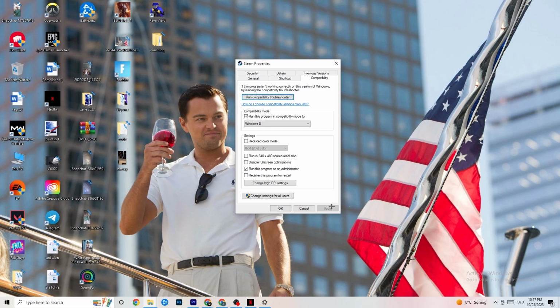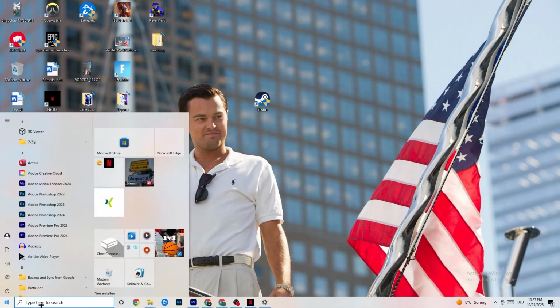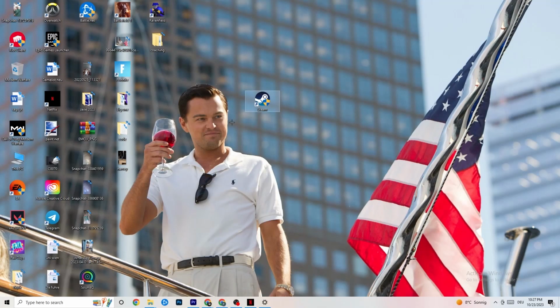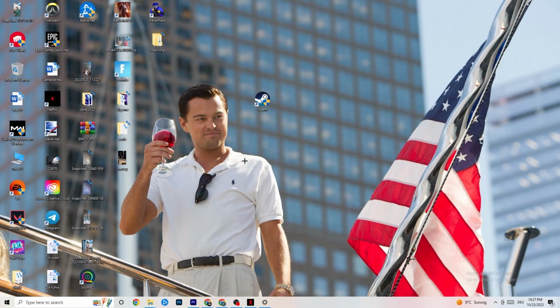For me, I've done it so I can't hit apply. For you, you're gonna hit apply and hit OK. What that's gonna do is, by default, your PC is gonna start your launcher as an administrator for every game related to it. And so this little sign here will pop up when you restart your PC. And if this doesn't work, you're gonna take your game shortcut and do the same thing with the properties and run it as an administrator, and afterwards restart your PC,